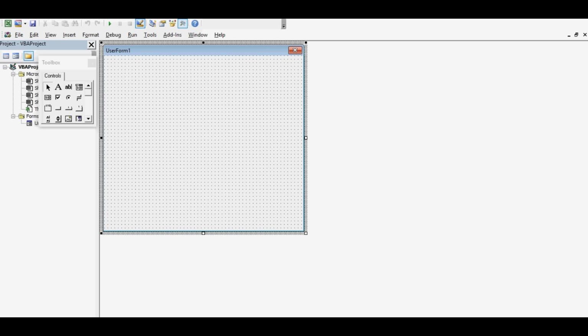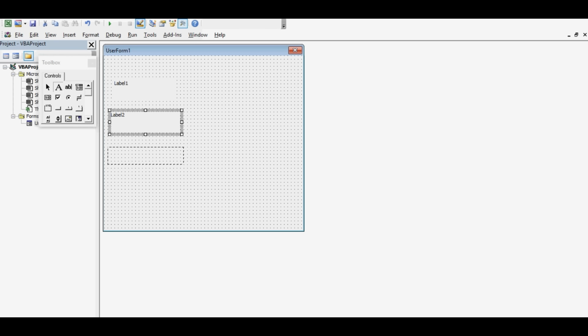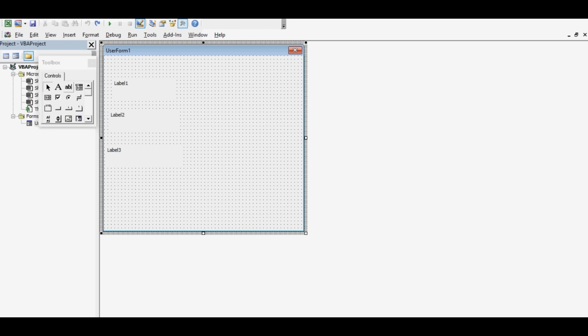First, I'll select this label. First label. In the same way, we can have 3 more labels here. So we have total 4 labels. Now we can change the caption for these labels. Right click, properties,